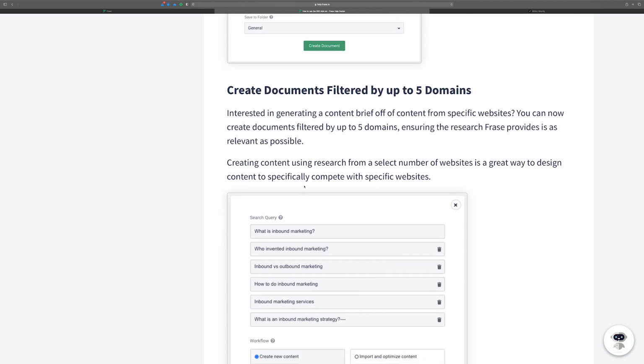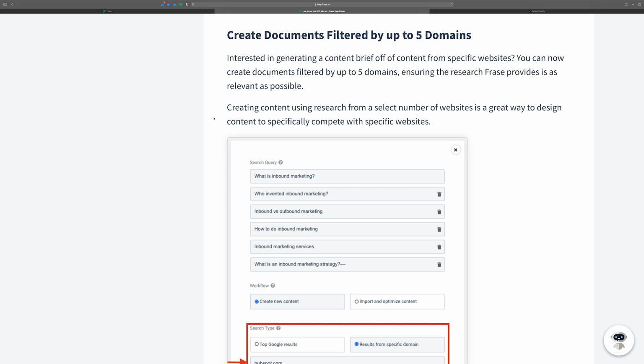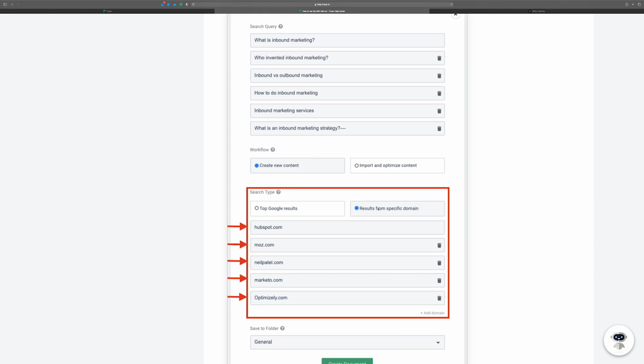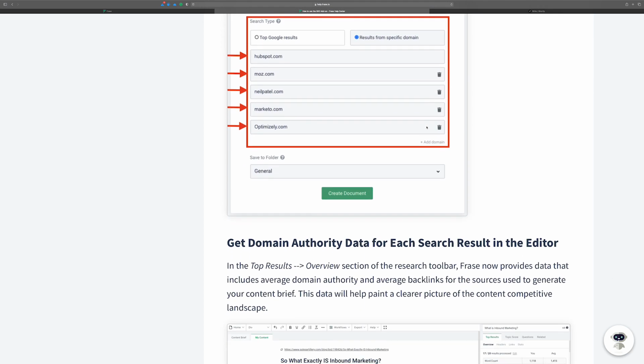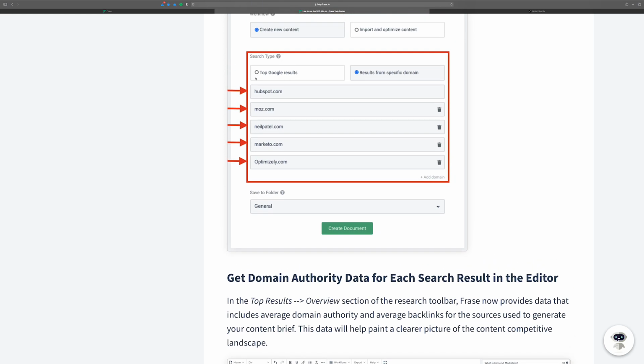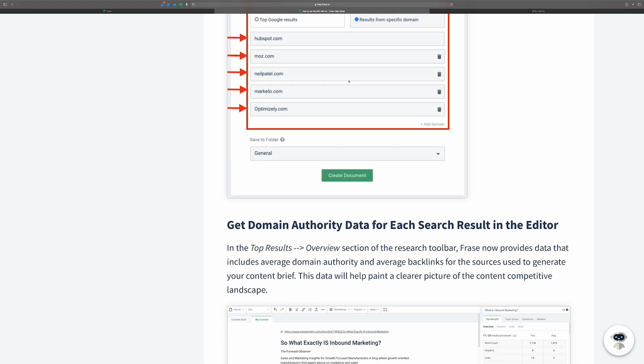Create documents filtered by 5 domains. Interested in generating a content brief off of content from specific websites. Okay. Oh, I got it. I got it. Okay. I just never do that. I just want to kind of see the SERPs, I don't need to fight specific domains. I guess I could at some point, but